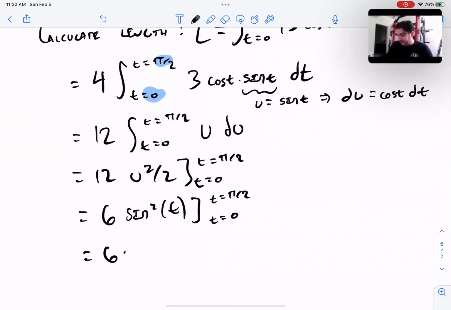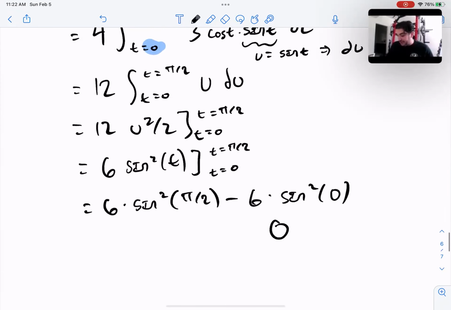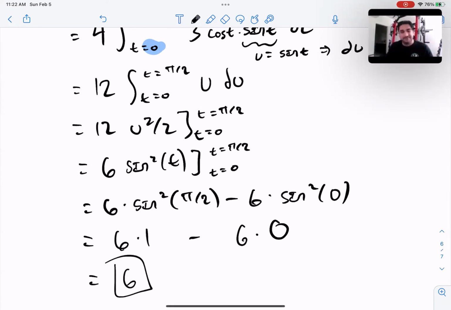So 6 times sine squared of pi over 2 minus 6 times sine squared of 0. So the second piece goes to 0, right? Sine of pi over 2 is 1. So I get 6 times 1 minus 6 times 0, which is 6. Beautiful. There we go. So there's our arc length of this